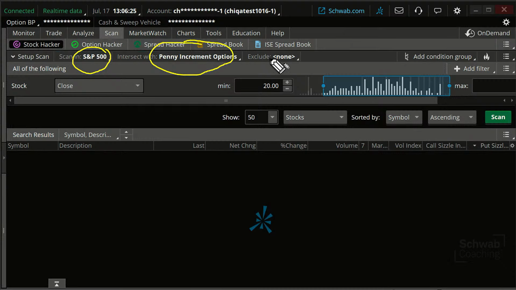And when we say penny increment options, what we mean is they're priced in pennies, okay? It doesn't necessarily mean the bid-ask spread is 1 penny apart, but it does mean when we're looking at them, the price may change penny to penny. You're not just restricted, because with some options you may look at it and the option price will be like 310 or 320, and there's never the possibility of it being 318 or anything like that. So when we add penny increment options, those are going to be more liquid type options.